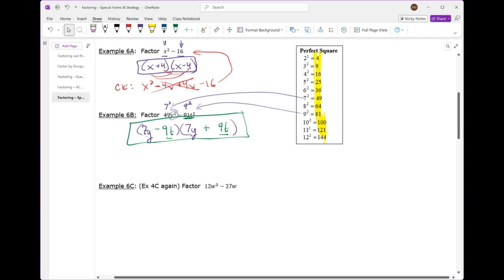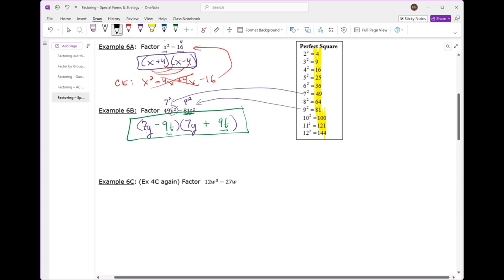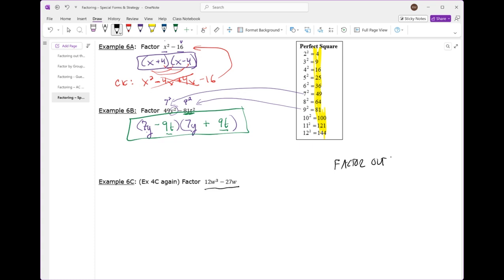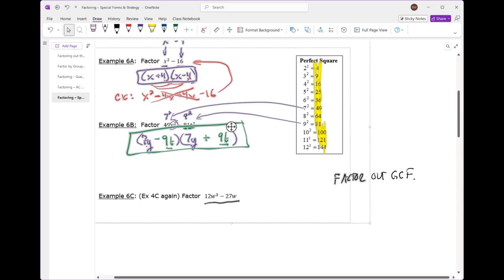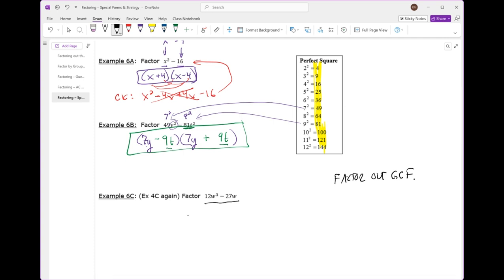So here was an example from a previous video I did. In this case, if you remember, the first step in all of them is to factor out the greatest common factor. I didn't on these ones because I knew that there was nothing in common, but I probably should have mentioned that. Here, I see that they definitely have a w in common, and I think 3 can go into both of them. So if I divide this by 3w, or I ask myself 3w times what is going to give me